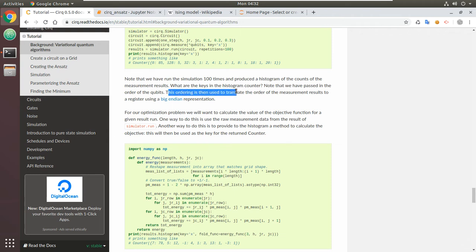This ordering is then used to translate the order of the measurement results to a register using a big endian representation. Yeah, so I assume the keys are the result of the measurement, and then how many times they pop up